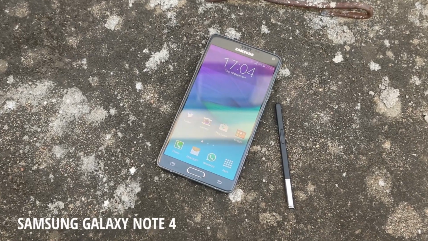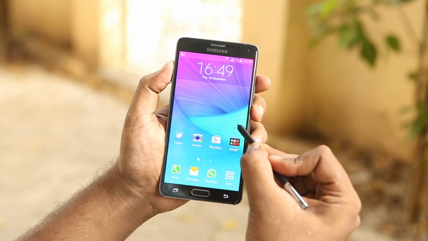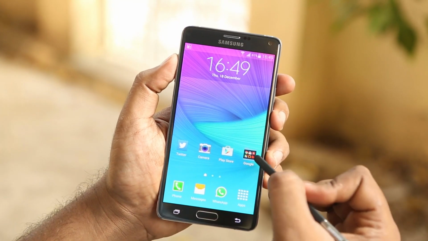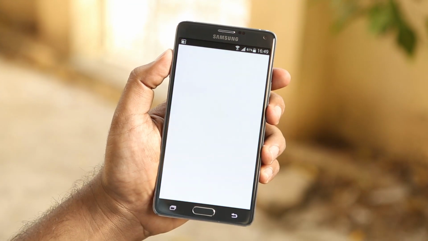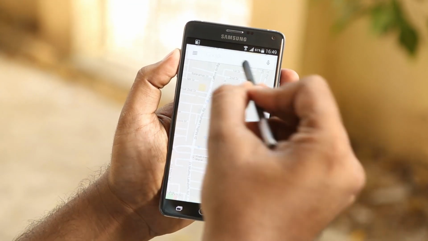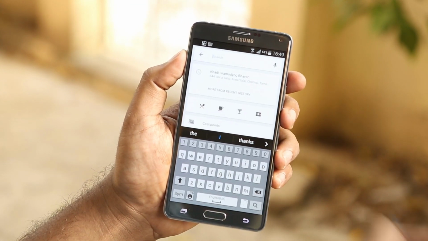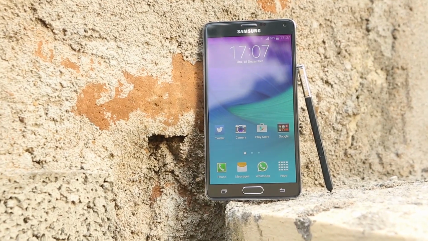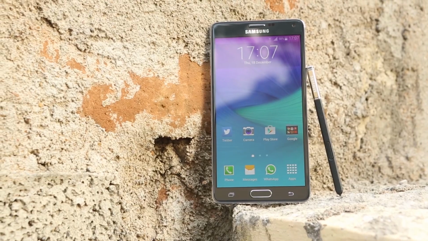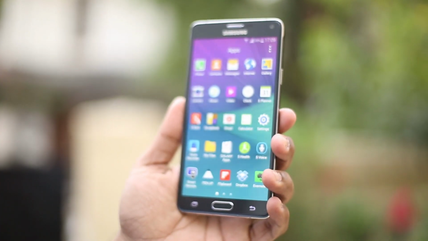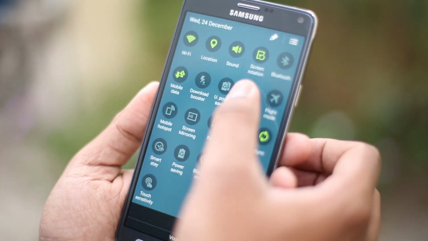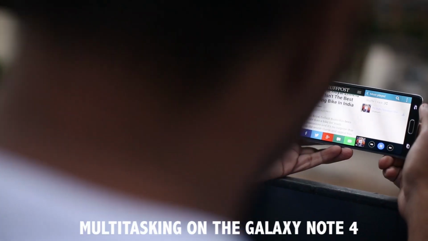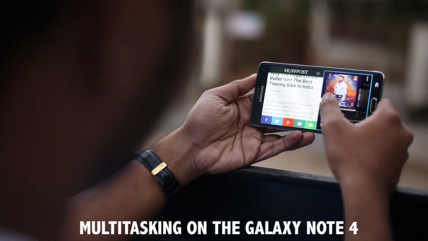The Galaxy Note in its fourth iteration is the latest in a series of big screen devices created by Samsung. Back in 2011, when the company was creating these devices, the maximum usage of available screen real estate was not part of core OS design. However, thanks to the flexibility of Android, Samsung created solutions that brought true multitasking on a phone. Called multi-window, Samsung allowed two apps to run at the same time in small windows side by side. On the Note 4, it gets better. How? Let's find out.